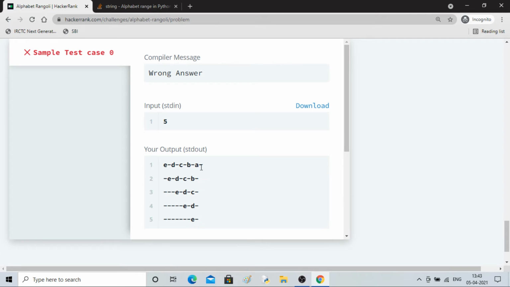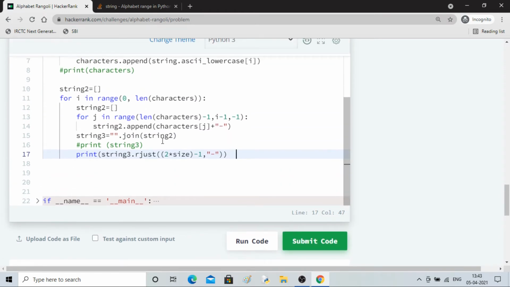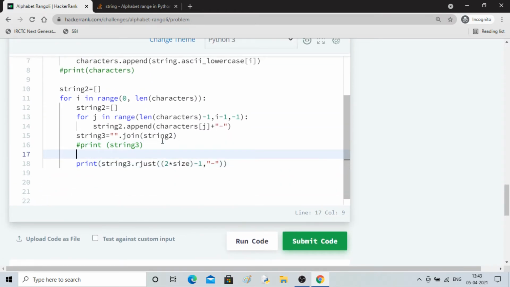So now it is fine. Now I have to remove this guy, right? And I have to do it in the first row, so I'll use some temporary variable. Let me not take it right now.